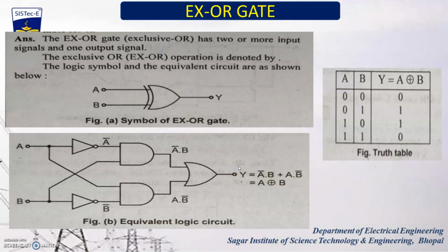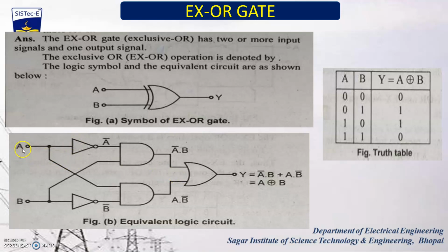meaning with the help of different logical operations of different basic gates, we can find the output Y equal to A bar B plus AB bar, where A bar is just the complement of input A, and B bar is also just the complement of input B. This is the symbolic representation of the exclusive OR gate, where A and B are inputs and Y is the output. Here I have taken two AND gates, one OR gate and two inverter or NOT gates, so that we can get the output of the exclusive OR gate.